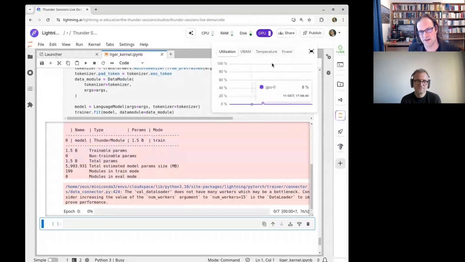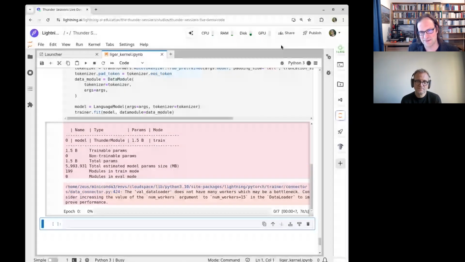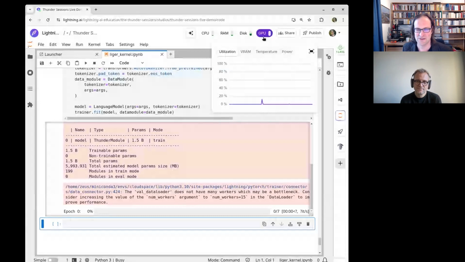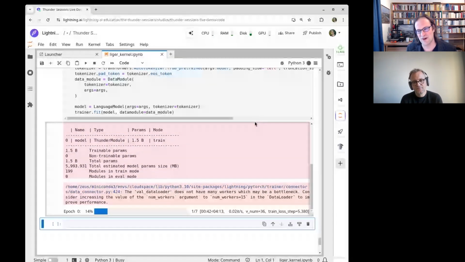This is, by the way, one of the awesome things I like about the studios. Of course, it's a bit biased because I work for Lightning, but I used to open a second notebook that had a little script to call nvidia-smi all the time and then report the number.